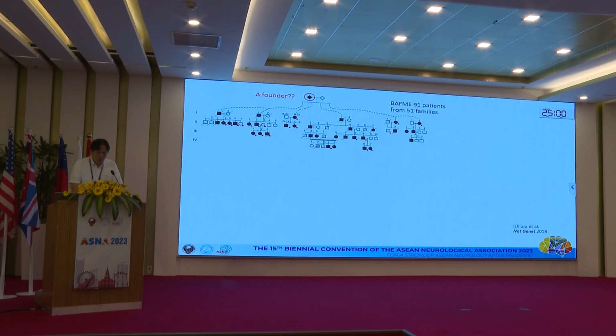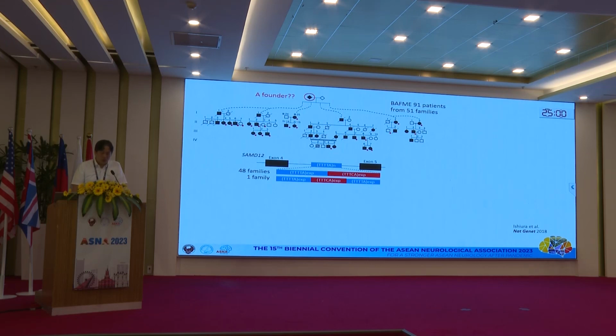To find a causative gene for Bachman, we found 51 families in Japan. To make a long story very short, we supposed a founder effect, narrowed down the candidate region, and finally found the cause. The cause is insertion of a TTTCA repeat in an intron of the SAMD12 gene,